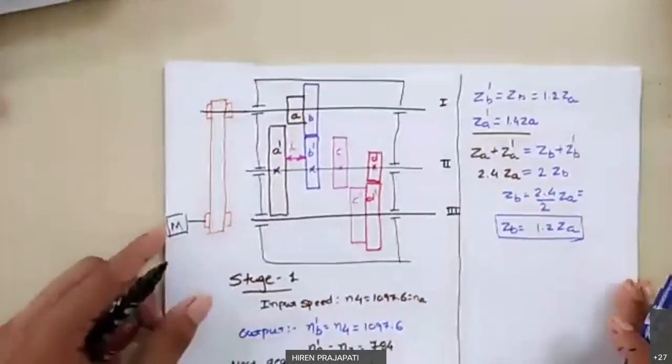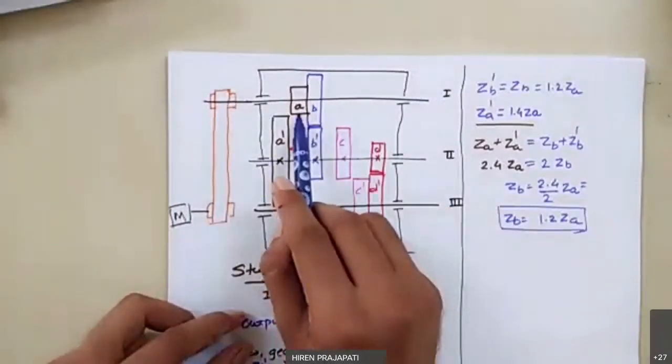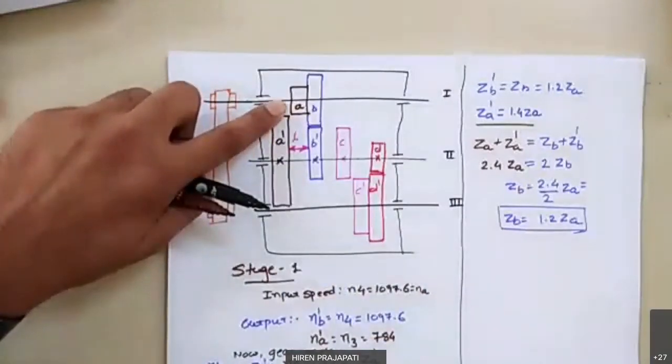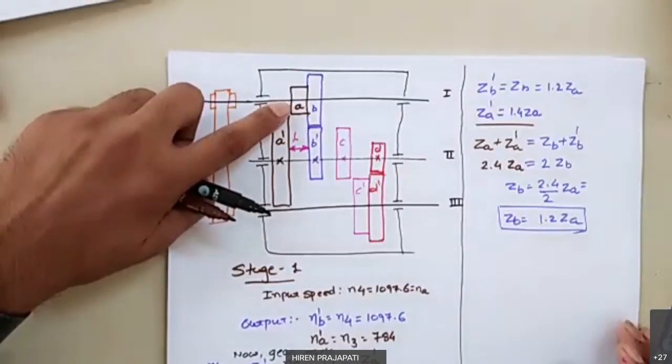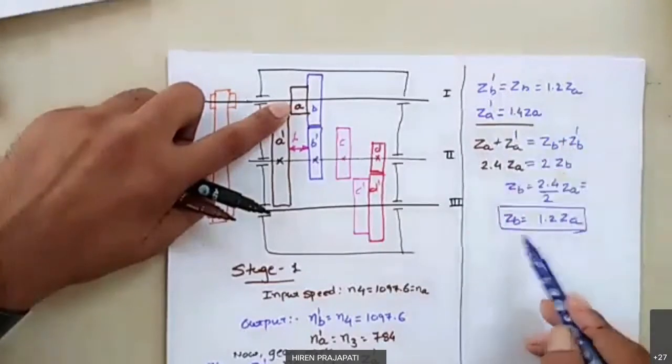Why we are doing this? Because if you see, in this stage 1, gear A has the least diameter. So this is the pinion, right? If you recall our last lecture, the pinion should have a minimum of 18 teeth to avoid interference. This was our first condition, right? So that's why we are starting with trial and error, where first we will assume ZA is equal to 18, and then we will check what we are getting as ZB dash, ZA dash, and ZB, right?